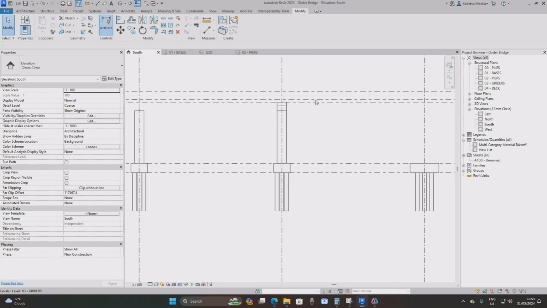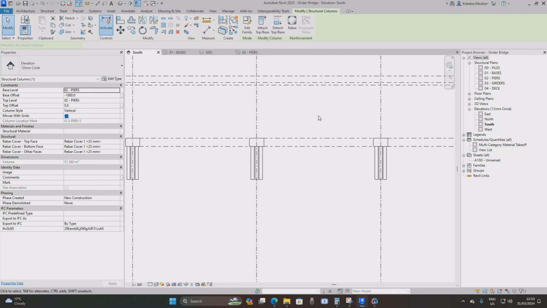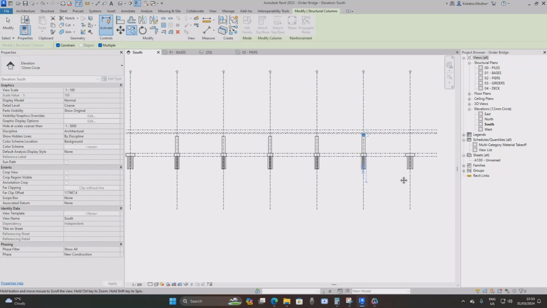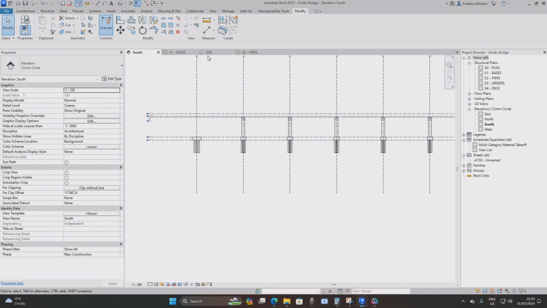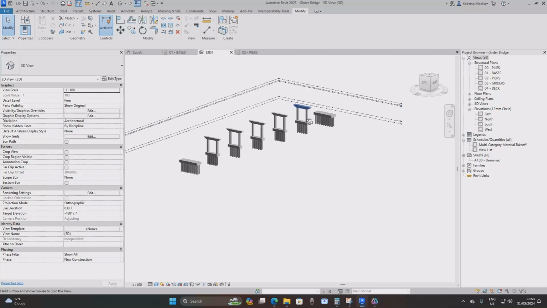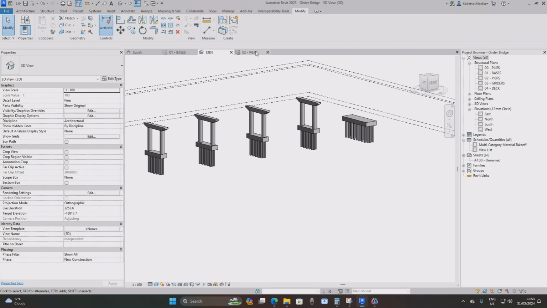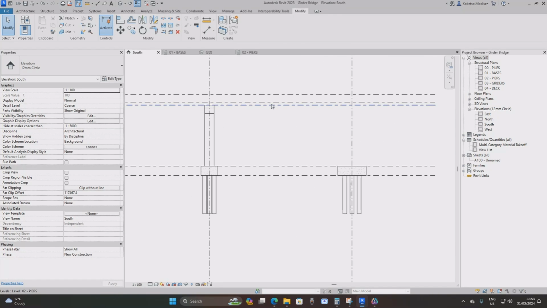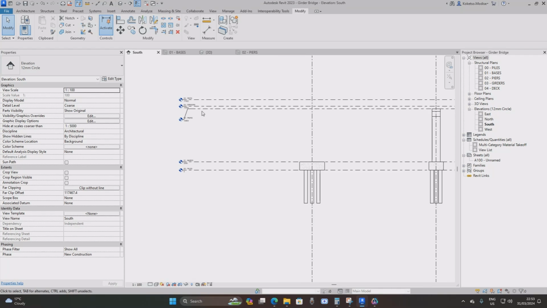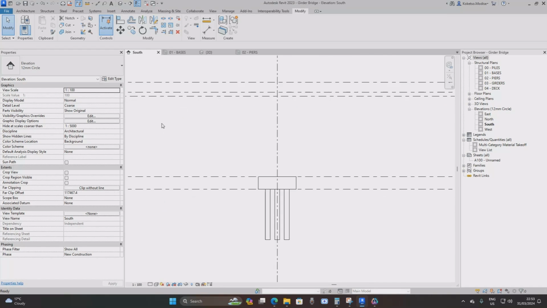I'm gonna go to the south elevation, select my pier head, and then I'm gonna copy it from grid to grid. So I'm gonna copy it from this grid to this grid, from this grid to this grid, and then so on. Open up the 3D view again, and this is what we have. And now I'm gonna go back to the south elevation, and let's see what we have so far. So the next thing is,